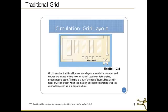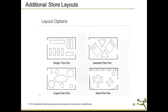The way it's set up, the way it's planned out, the shopping experience for most retailers is you'll want to be able to use options to go into more of a free-flowing layout. So again, I'm talking to the audience today of all different sizes of shops, locations of shops, styles of retail situations. So I want to focus really on free flow layouts where there's no set aisles, so customers roam the store